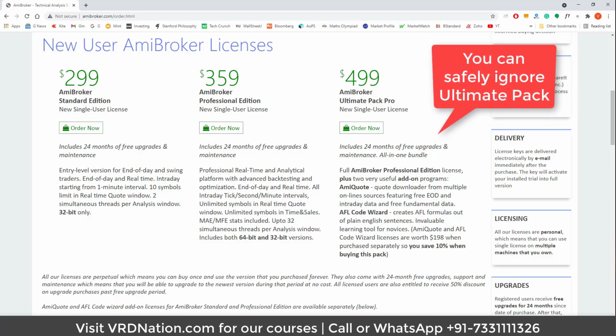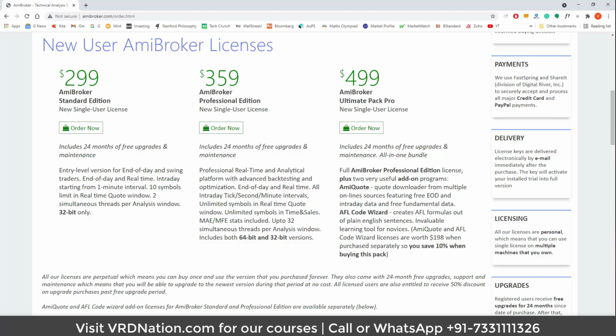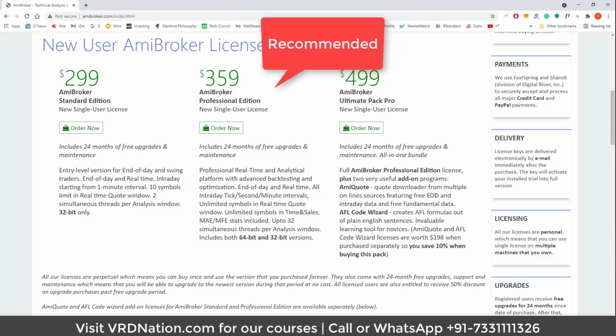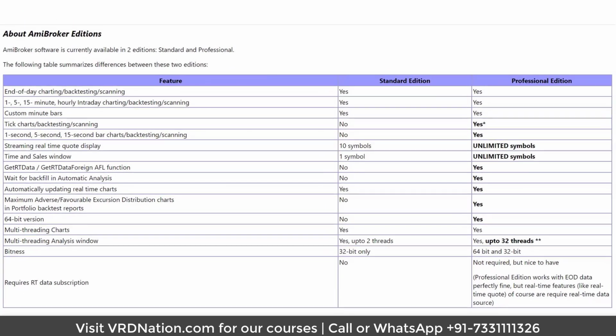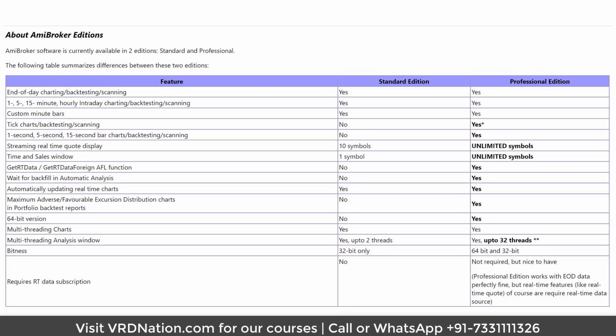Now the choice is between the standard edition and the professional edition. And let me make your life easier here as well. You need to go with the professional version, plain and simple. I mean, I can explain the difference between the two all day long, but the reality is that the professional version is clearly the best choice, at least for serious traders. But if you want to spend some more time and dig deeper to understand the differences, here is a summary of the difference between the two editions.